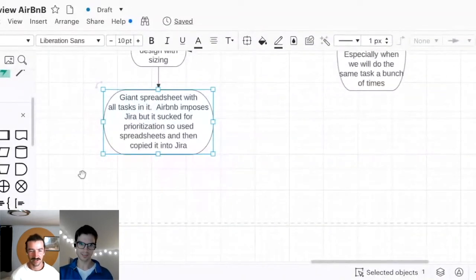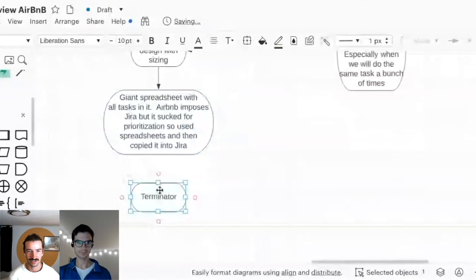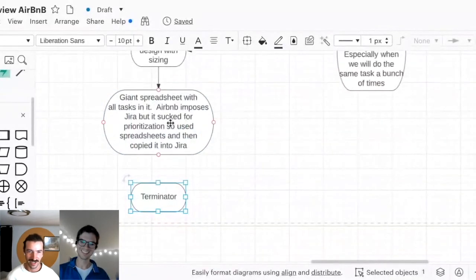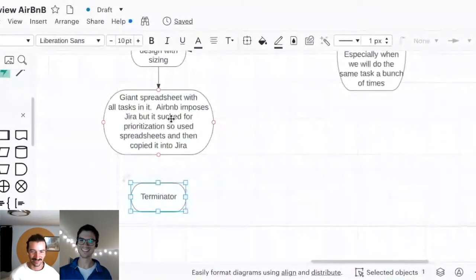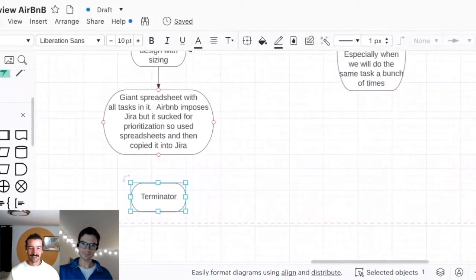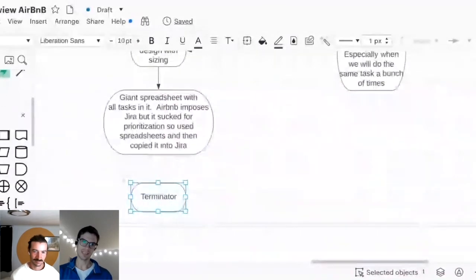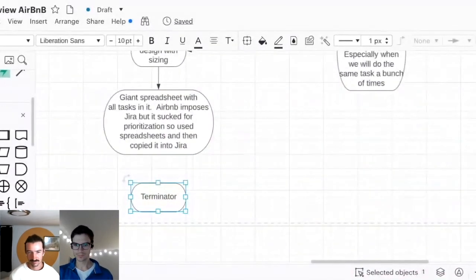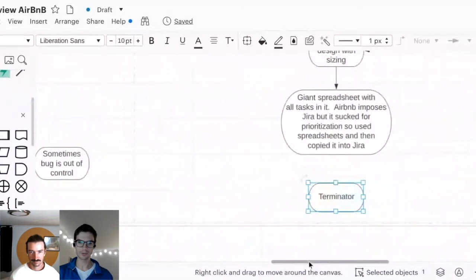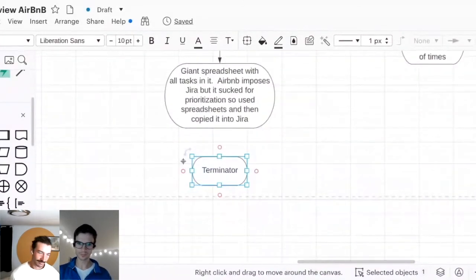Some people call the spreadsheet the backlog, which, we had 17 different backlogs, so I'd hesitate to call any individual one of them the backlog. But the spreadsheet is the list of potential future work. That makes sense. All right, how do we decide what future work to actually do?